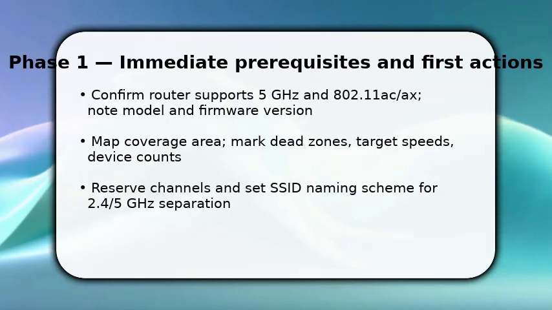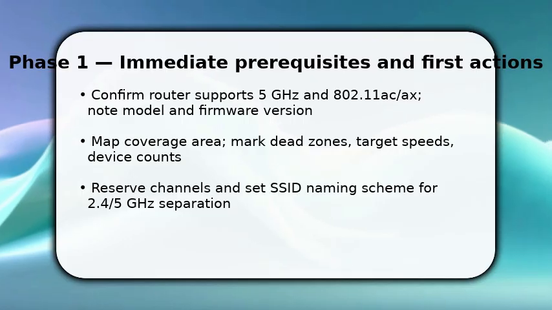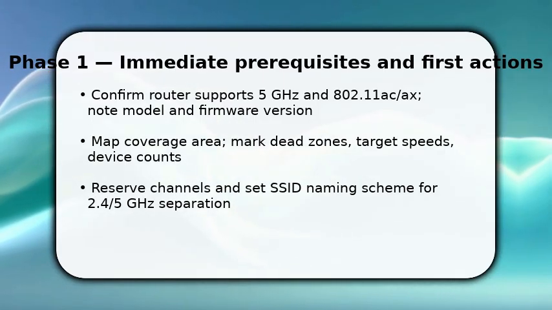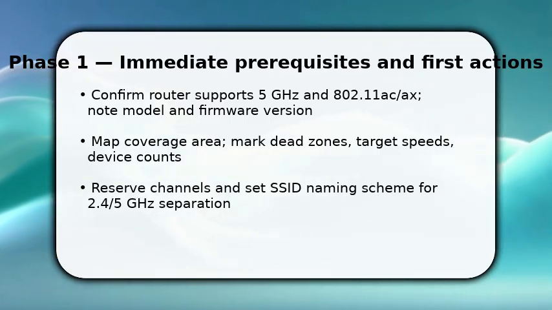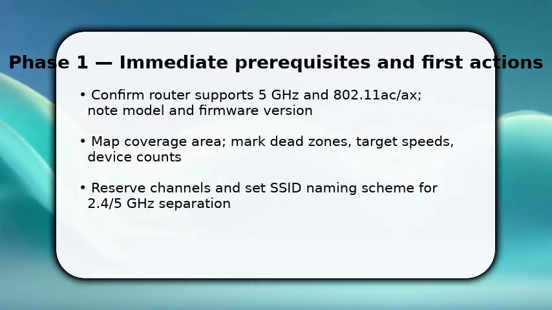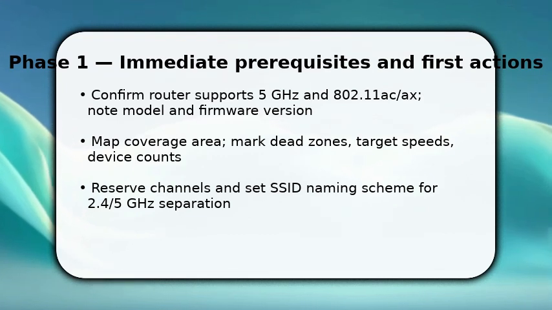You start by confirming your router and access points support 5 GHz and 802.11 AC or AX because higher PHY gives faster throughput. Power up devices and update firmware. This fixes radio bugs. Next, map your coverage. Walk the area with a phone while noting dead zones and expected throughput so you can place APs. Finally, choose channels and SSIDs, make separate names for 2.4 versus 5 GHz, so devices connect to the intended